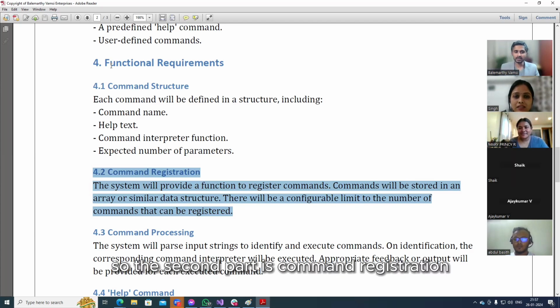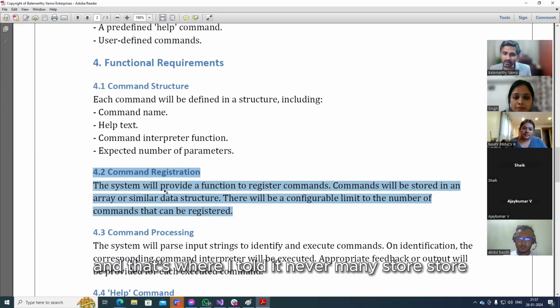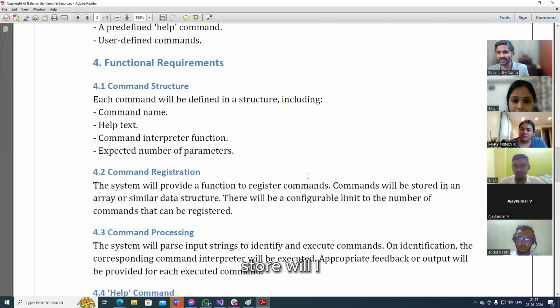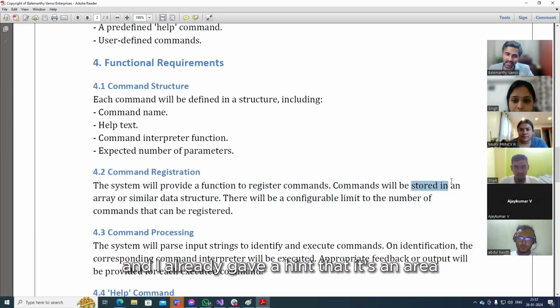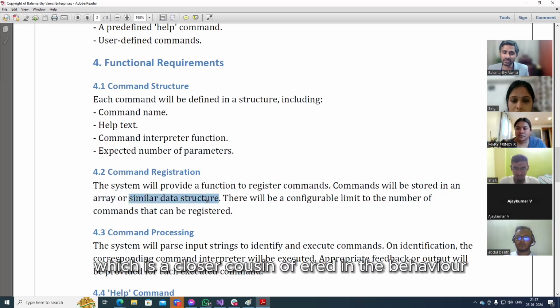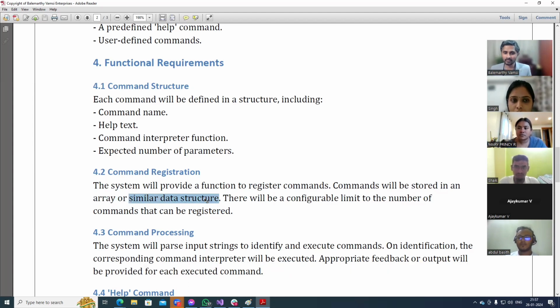So the second part is command registration. Where do you store? And that's where I told, I have said store so many times. It's already there. And I already gave a hint that it's an array, or it could be a similar data structure, which is a closer cousin of array in the behavior.